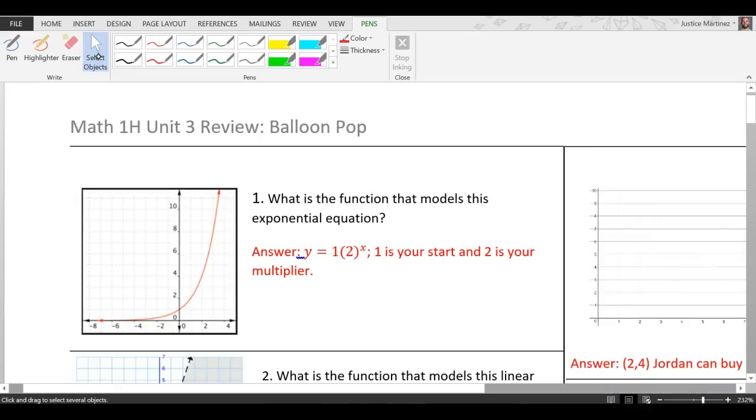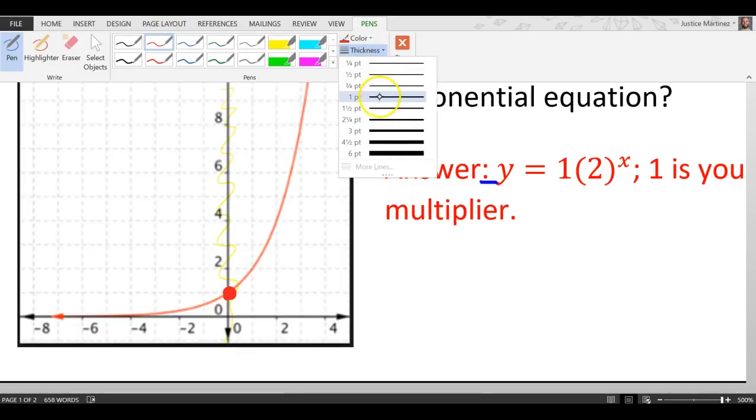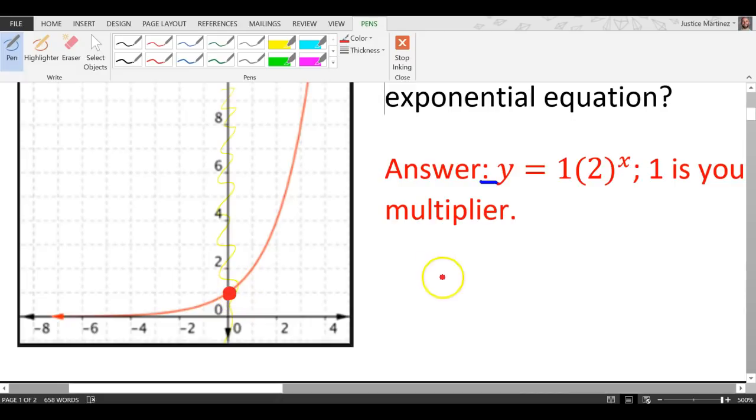Now, problem one, what is the function that models this exponential equation? It's very simple. All we do is this. We say, great, what's my starting value? Well, it's 1. By starting value, I mean, where does it meet the y-axis? So as we look on that, we say, where is the starting value? Well, that's 1. So we know that y equals 1 times, I'm going to make these parentheses,